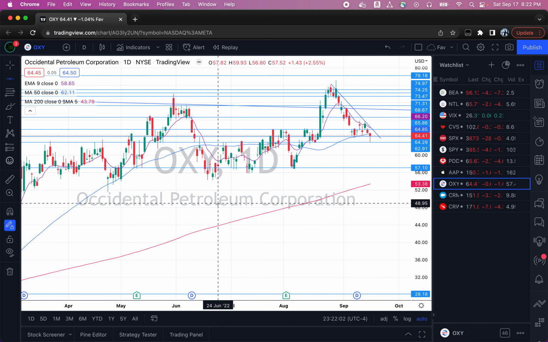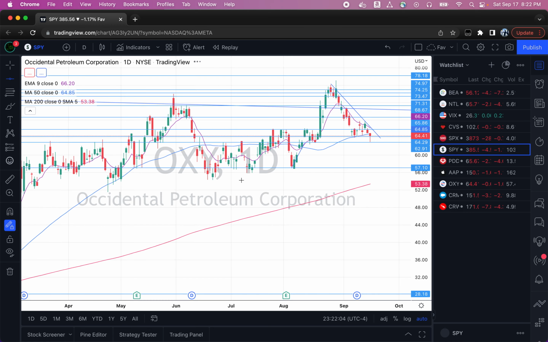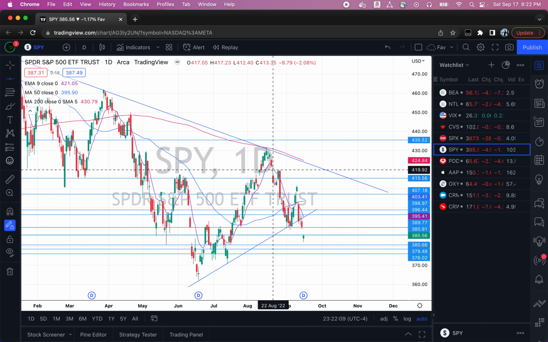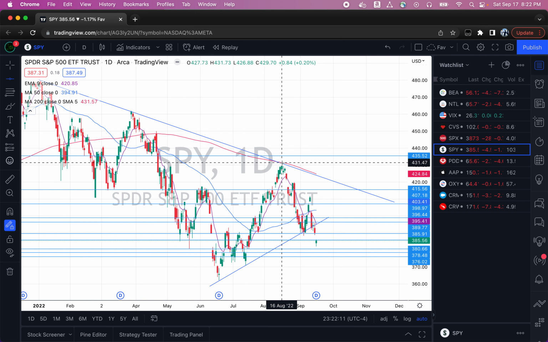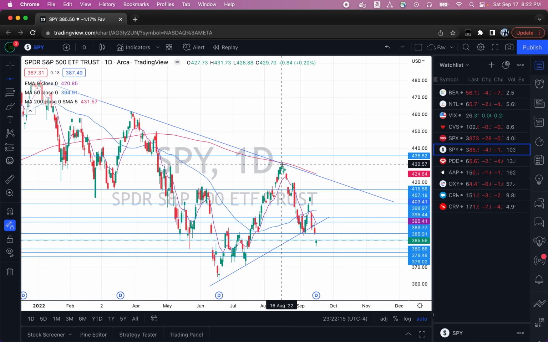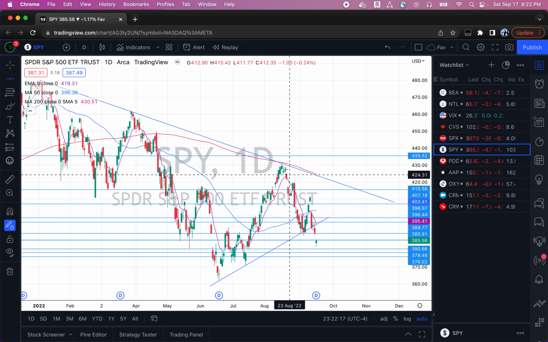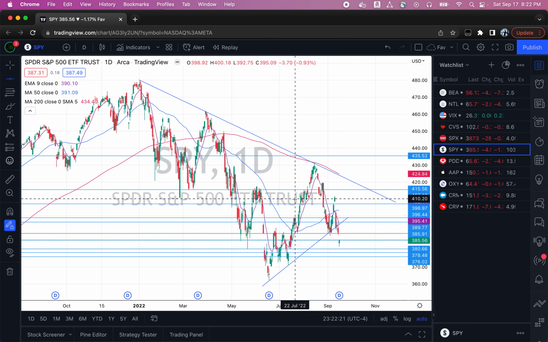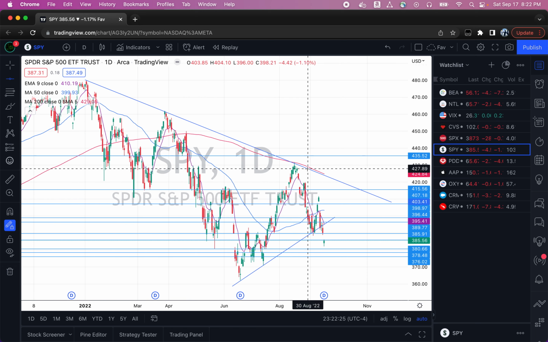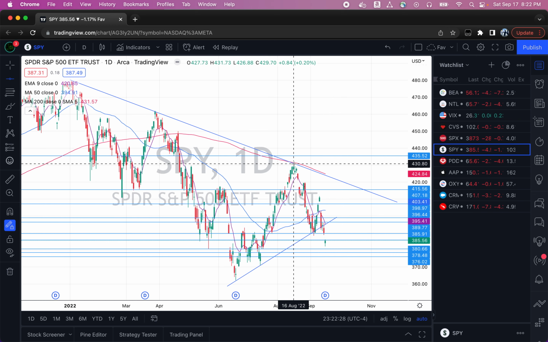Coming to the overall market, I was saying in the previous video that it could tag this 200 MA. When it broke this, I was saying it could tag this and just go up or down. So it decided to go down. Also, it's following this trend line. I think everyone could draw this trend line, it's not a big deal. But the 200 MA rejection is